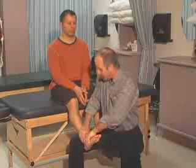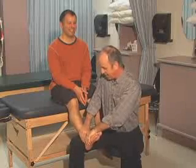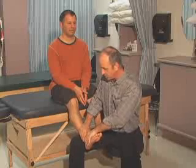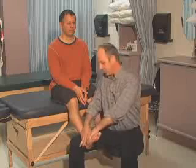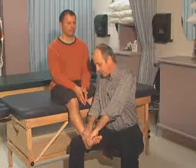Any kind of discomfort there at all? You haven't injured this, have you? No? Good, good. And then an anterior drawer, anterior glide, looking for any kind of movement or sensation or feeling or discomfort by the client. And once I've checked that out, I can go to the tarsals. What I'm going to do is what's called a superior or inferior glide on the tarsals, the navicular, cuboid, cuneiforms in that region. Okay, and I'm going to do an inferior glide, feeling for any kind of discomfort, looking